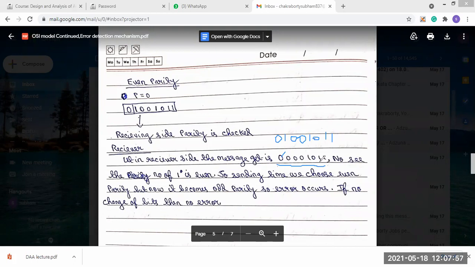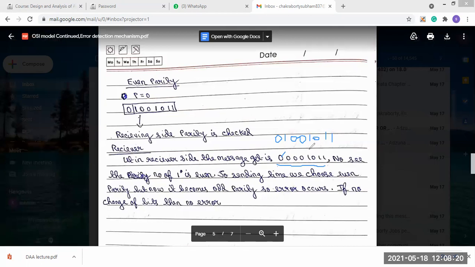We can understand that an error occurred, but in which bit the error occurred, we will not be able to understand. We only understand that the receiver sees odd parity, while the sender sent even parity.